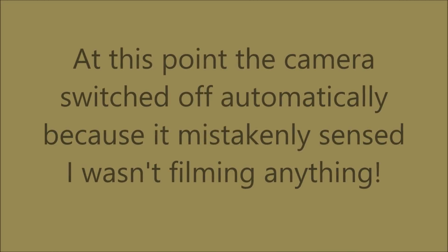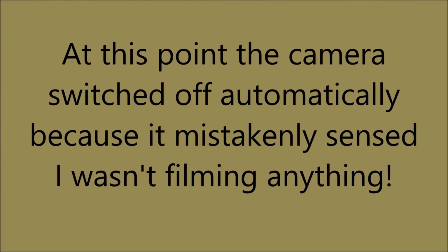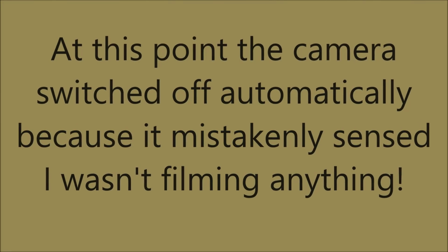And then 1, 2, stopped. Started again. It stops automatically because the camera doesn't think I'm actually filming anything, but in fact we are. So hopefully the light will come on again. Flash 3 times and